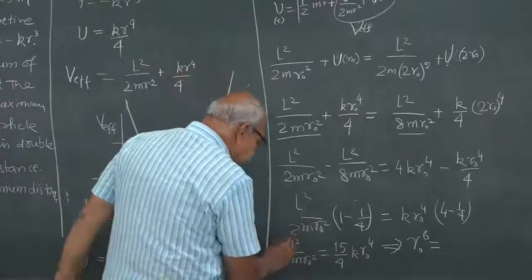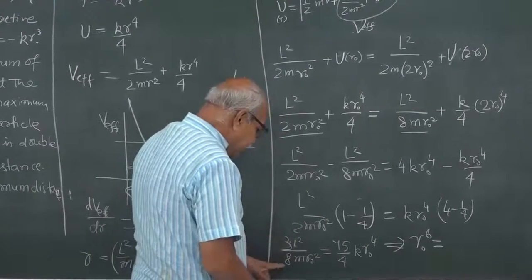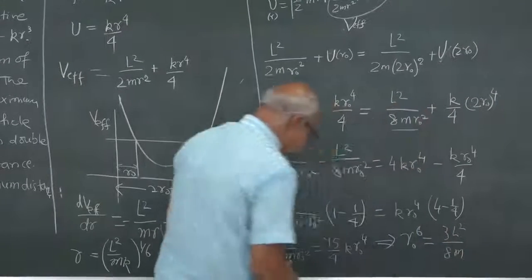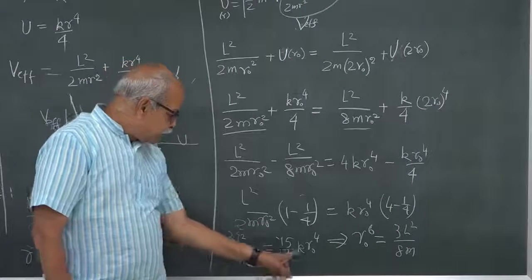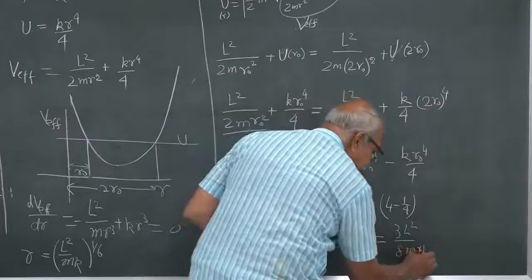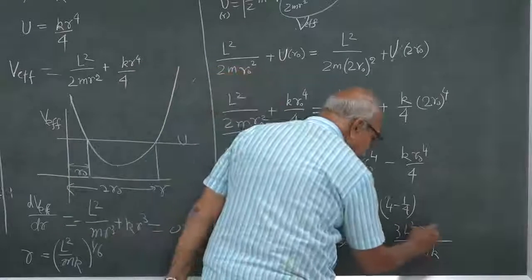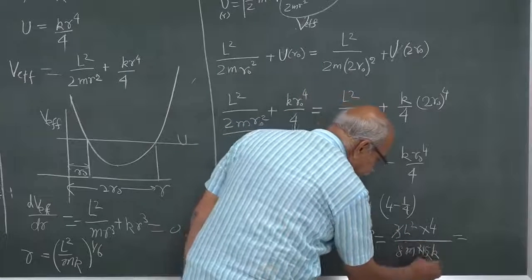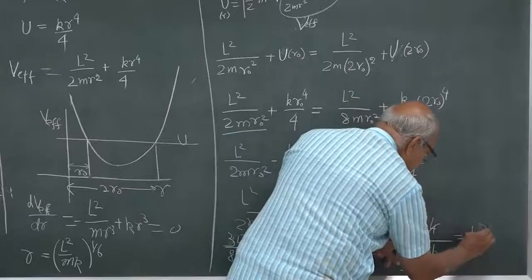So, 3 L square by 8 m, from this side I had taken r naught square there, and from that side I have to bring this 15 k, which will come in the denominator, and this 4 will go in the numerator. So, what will this be? 3 and 15, so 5 here, 4 and 8, so 2 here. So, it is L square divided by